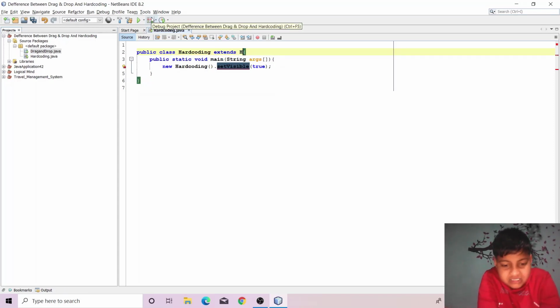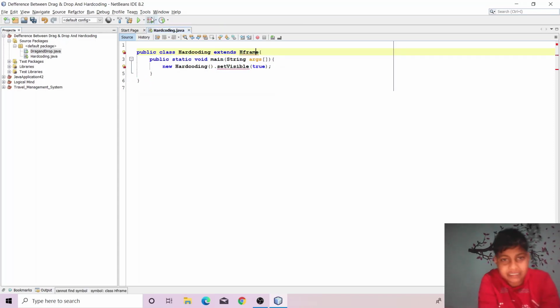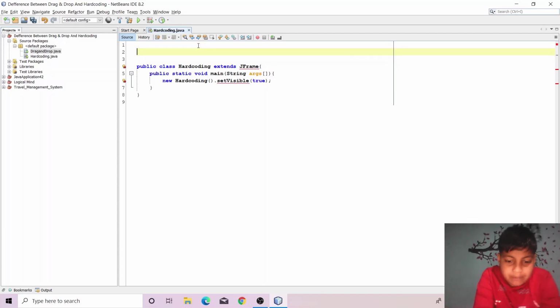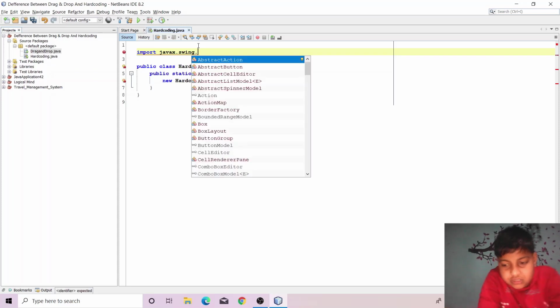All these things I will tell you in the Java series. And it's showing an error on JFrame because we have to add a package called the swing package, so we just have to import it because it's not already in this class. So import javax.swing.*.